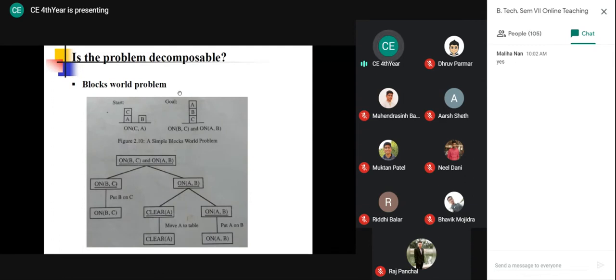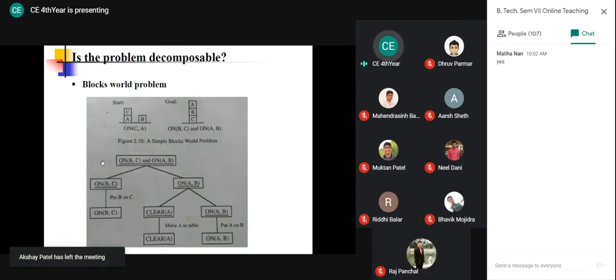Then after that we discussed the block world problem, where the start state and goal state are given. Now here the goal is underlined. But see here in this case what I have explained: first of all, this goal is divided into two sub-problems. See, this first sub-problem is very easy because block C and D have nothing on them. So this goal you can easily achieve.